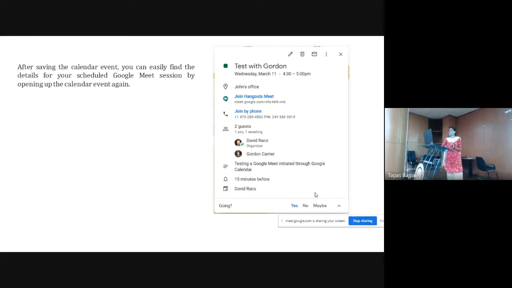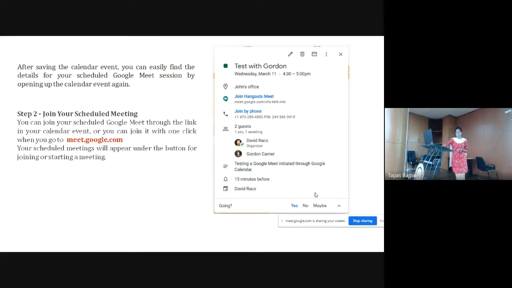It will be saved in your Google Calendar as well. It will go as an email, as a notification, and it will be saved in your email address as well. So whenever you click on your calendar, this will appear. Here also it is showing 2 guests, and then we can give access also, like whether you are joining the meeting or not, or maybe there are 2-3 options.